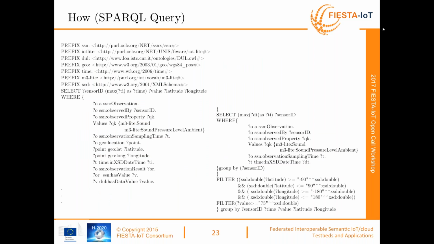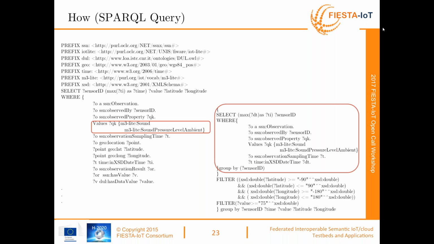I basically use the sensor, the observation instant, the time instant, the observation value, and the quantity kind, just for the noise. And it's mostly focused on the observation graph. This is the query that I showed you before in the ontology presentation. It's the same query that I have here. It's basically getting all the observations where the quantity kind is sound or sound pressure level ambient, and then I get the most recent information